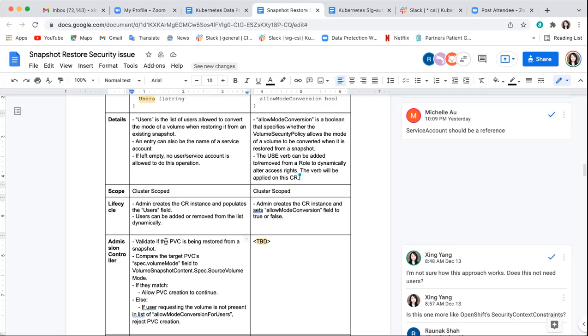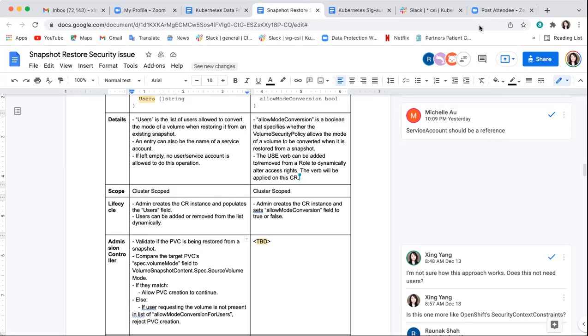Yeah, but if you have a backup software that flips the mode, the user who can read the volume snapshot content, not write, can detect that, and they could try to restore a wrong snapshot and do bad things to the node. I understand, but what you're saying is you're going to gate the change on the ability to write to the volume snapshot content. Yes. Why not just make it that in order to make the change, you have to write to the volume snapshot content? Then you can avoid all of the weirdness.